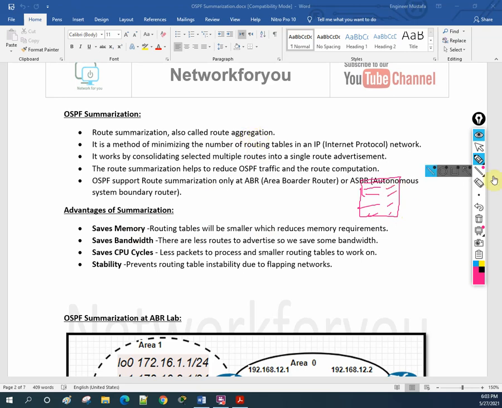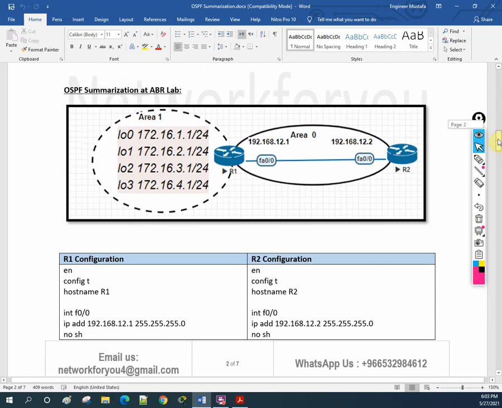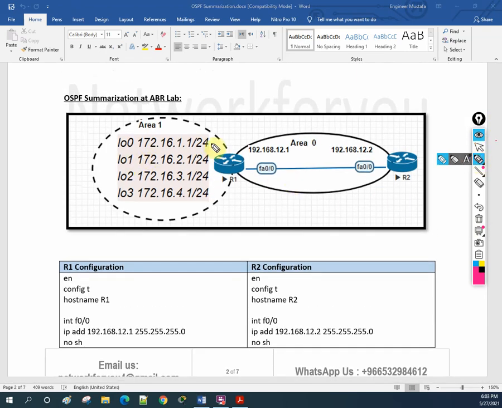I will show you an example so you have a clearer idea. Here you have 4 routes, but imagine you have 400 routes coming to your router. If you do some calculation, you can see these are similar: up to here it is common and only the last part changes. So you can make one route. Anyone who wants to reach this side can use that one advertised route, and there is no need to advertise all of these in the routing table.